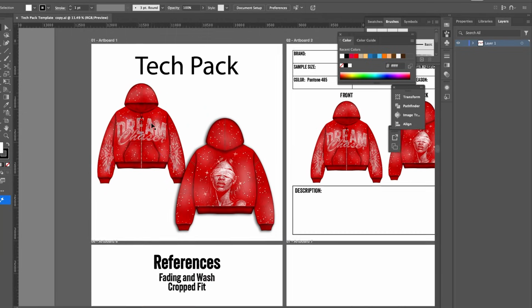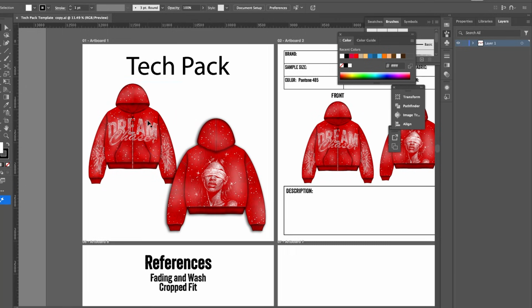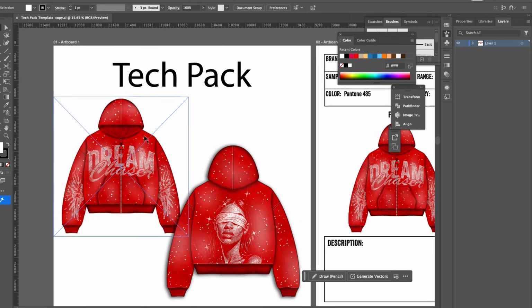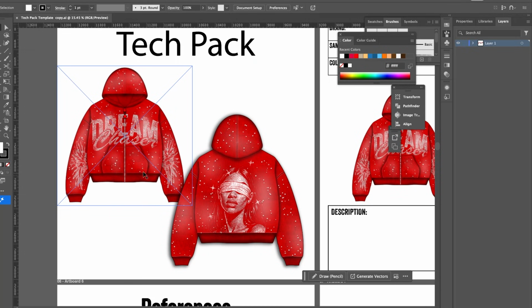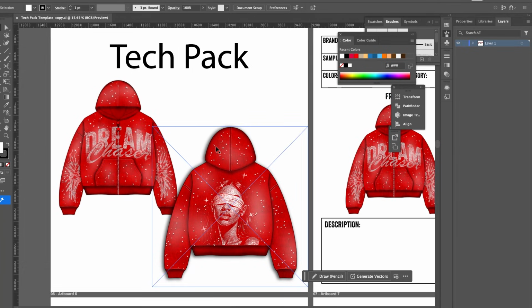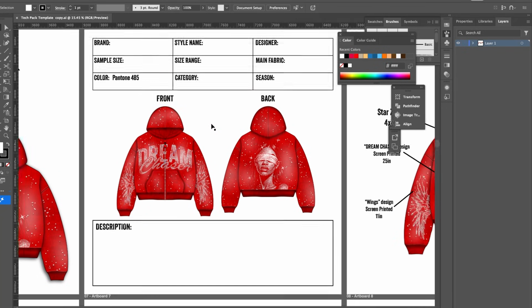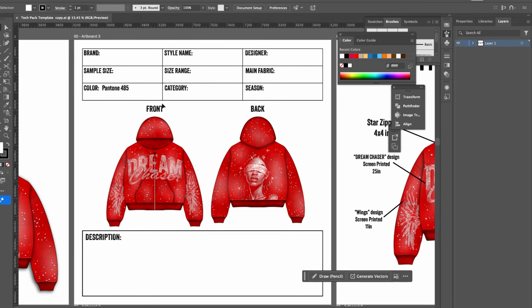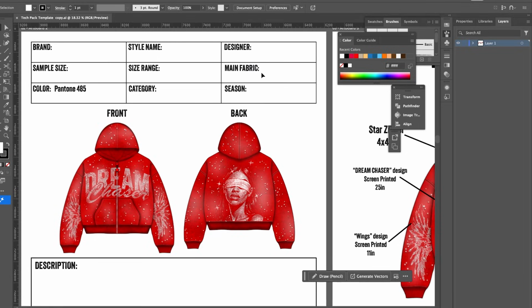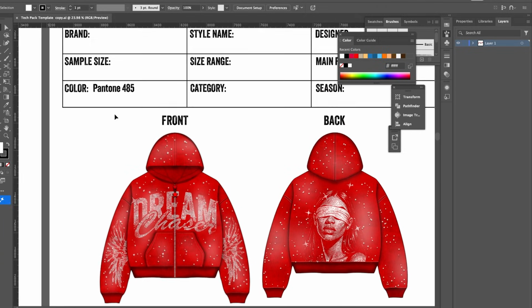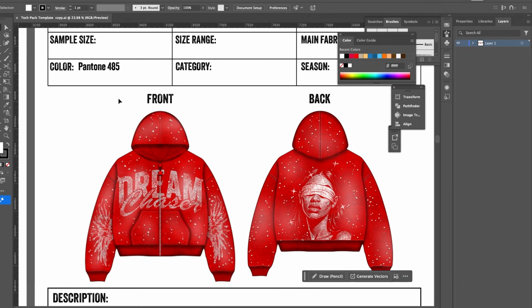A quick overview of the tech pack. So right now we have the front of the tech pack, right? We have the hoodie that we want for the cover. Okay, so right here, this is going to be where you input information. Here you will put the fabric that you want, cotton, polyester, whatever the case may be, right? You let them know. In here, color, so you have to let them know the Pantone color that you want